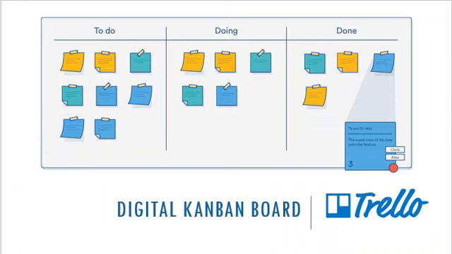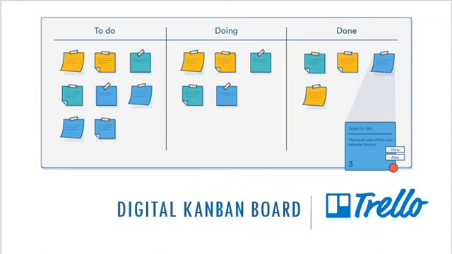Trello is a productivity tool that can be used in any industry on any project. It is a digital Kanban board. Kanban boards were first used in Japanese grocery stores to purchase inventory just in time. In that way, they were able to purchase things that were needed in the immediate future, and they weren't storing